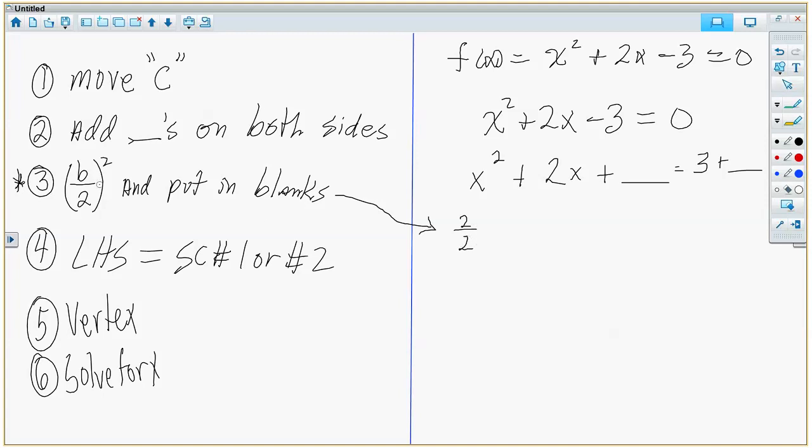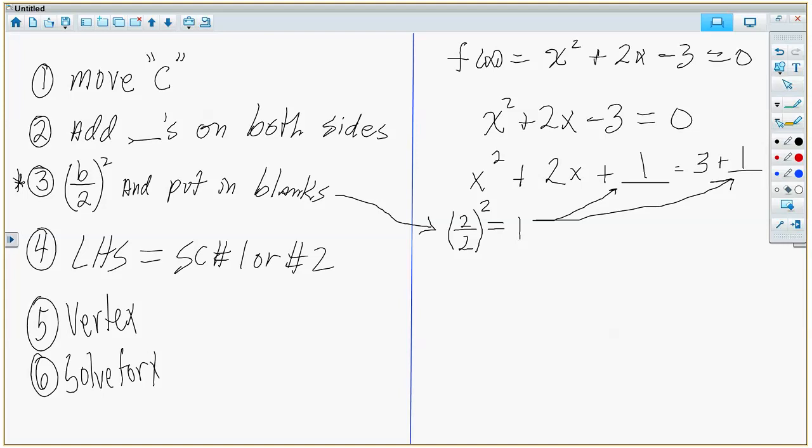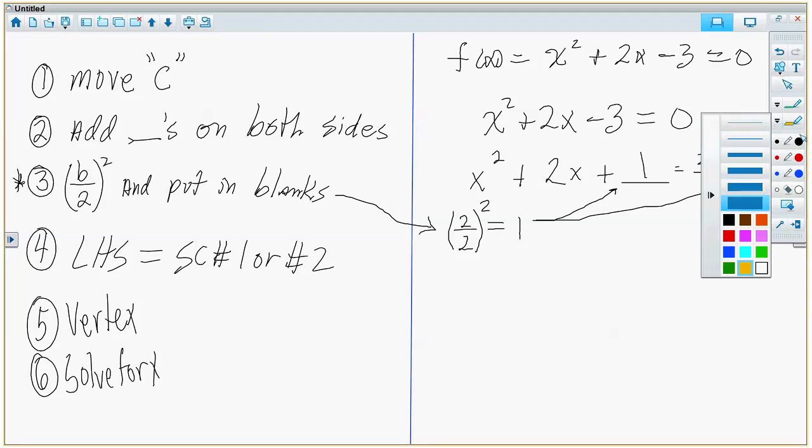And what I do with 2 divided by 2, I square it, right? Which will give you 4 divided by 4, which is what? 1. And I take that 1, and I put it right here. And I put it right here. Now, once I do number 3, which is the most important part, that gives me what? Shortcut